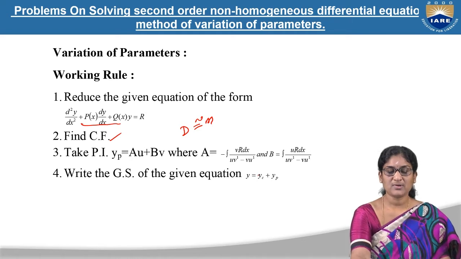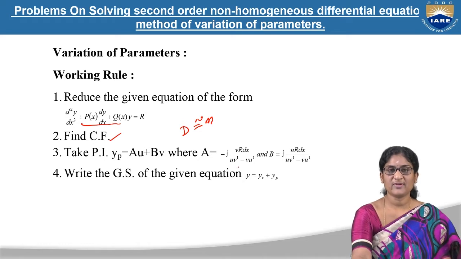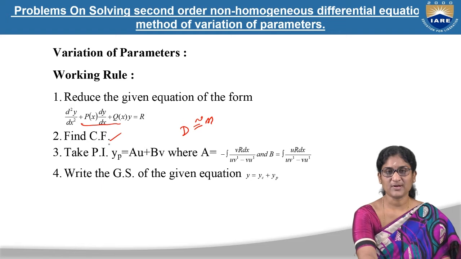As this differential equation is of second order, we will get only two roots, and only two constants are framed in the complementary function. After finding the complementary function, of the two functions that we obtain, we have to assume one as u and another one as v. So the particular integral can be framed as yp is equal to A u plus B v,